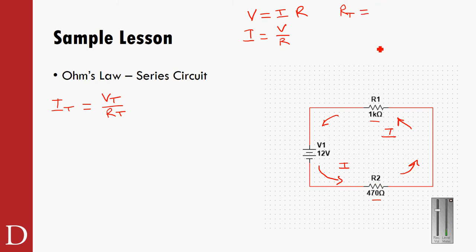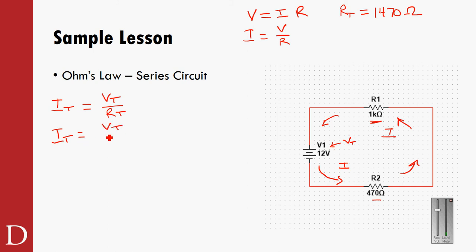And in this case, there's two resistors in series. In a series circuit, the total resistance is the sum of all of the resistors in the series circuit. So 1,000 ohms plus 470 ohms is 1,470 ohms. Why 1,000? Because 1K stands for 1,000 and 470 is 470. Now the total voltage is V1. This is VT. So I don't have anything else I need to do other than to say that IT